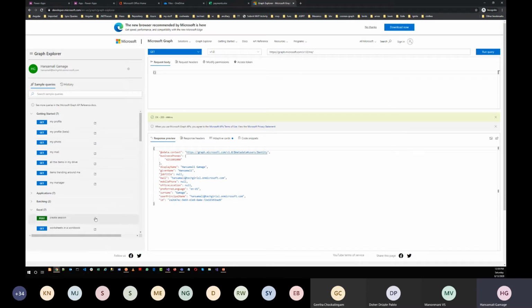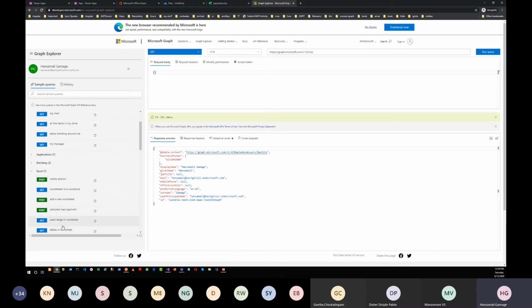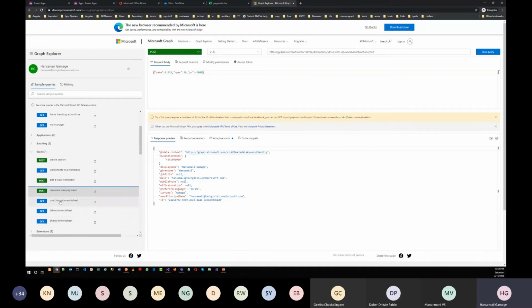So you can retrieve your profile information. For the Excel one, we want to read something. If you want to read the worksheets in a workbook, this is the URL you want to pass. I hope you can see the URL.